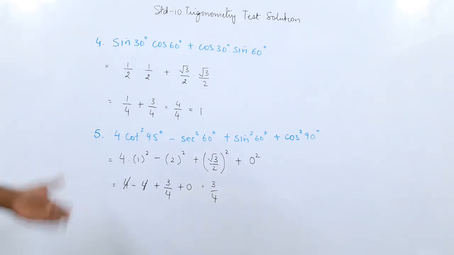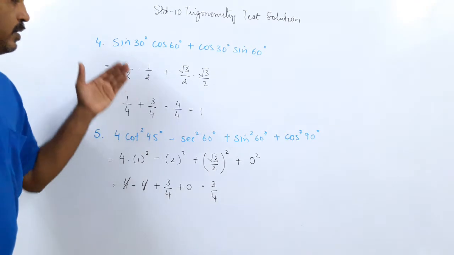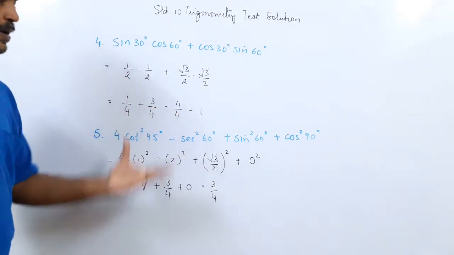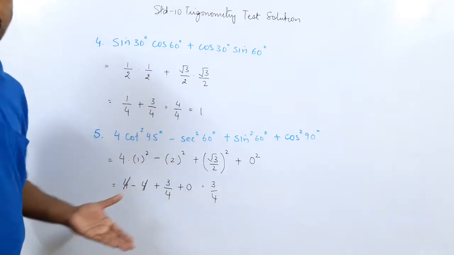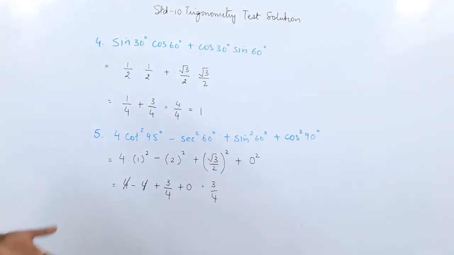So in these two sums, what you need to know? You need to know the trigonometric table and the values in the table. Now, if you put the values wrong, you might get the answer wrong. But if you put the values correctly, then there is no way you get this sum wrong. Okay? So I am recalling each sum for you. Kindly look through them properly and see whatever mistakes you have made. So this is the fifth sum. Now we move on to the sixth one.